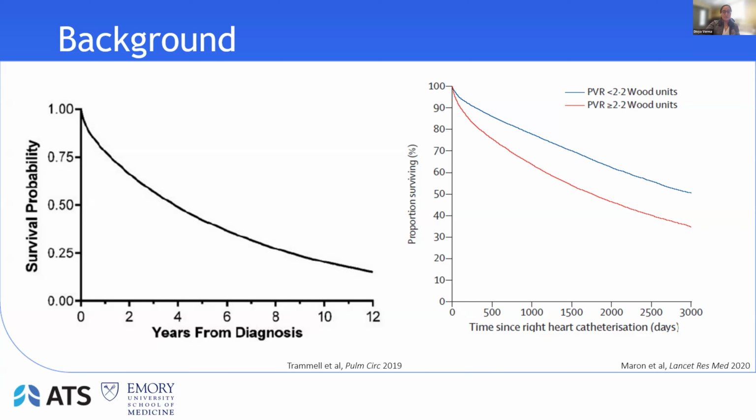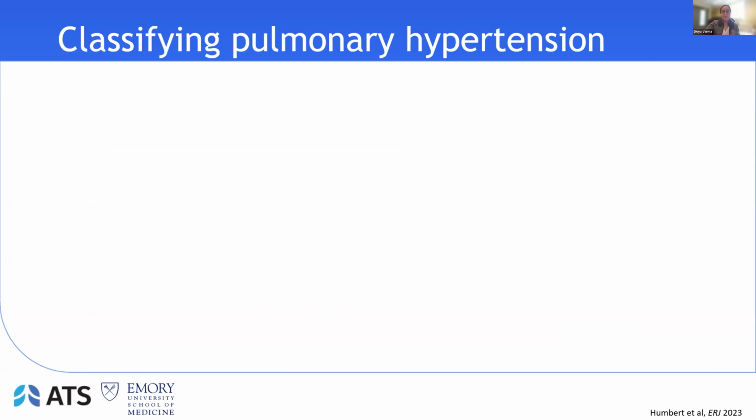As we know, this was a driving force in the modification of the definition of pulmonary hypertension in the 2022 iteration of the guidelines, where the definition of precapillary pulmonary hypertension now included a PVR greater than 2, as opposed to a cutoff of 3 as in previous decades. So this new PVR cutoff led to updated hemodynamic definitions of types of pulmonary hypertension.